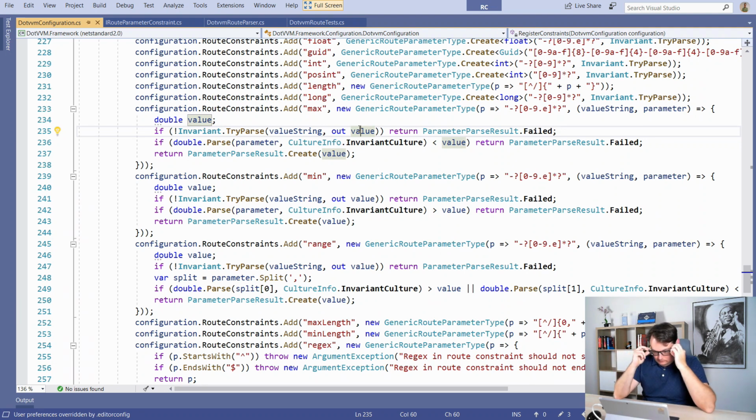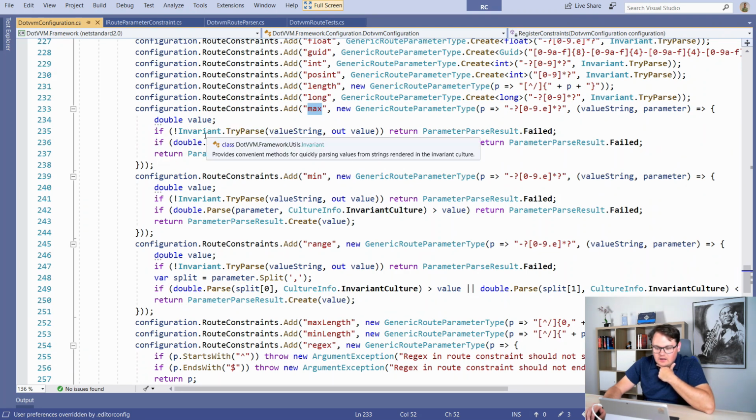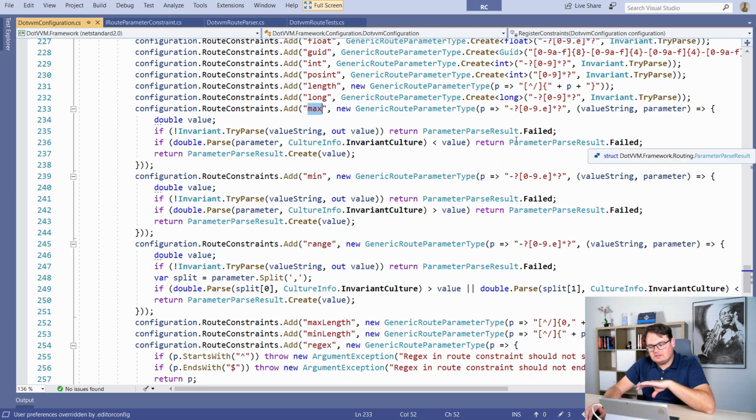It's great for strings, because if I skip this int constraint, it will work, because it will take the string and convert it to double, and it will work. But if the previous constraint is not integer, it could be a little bit